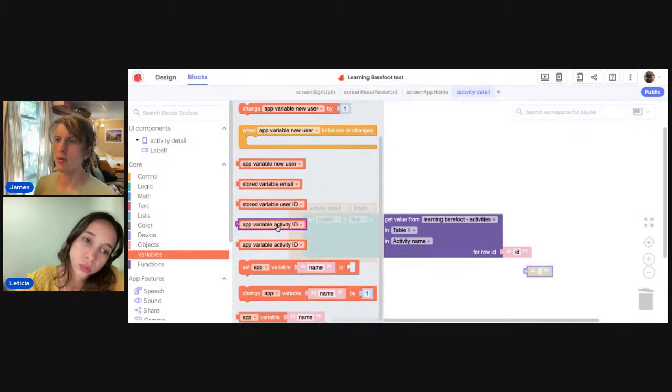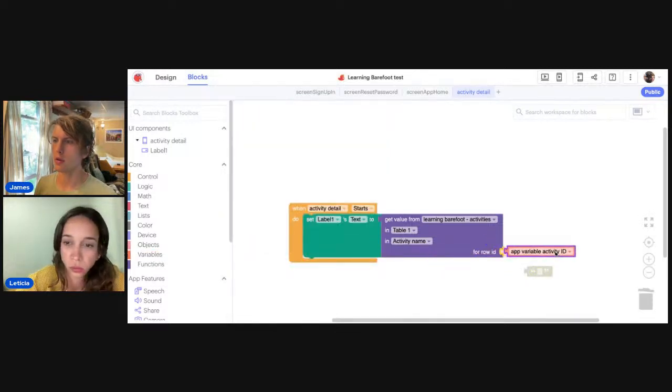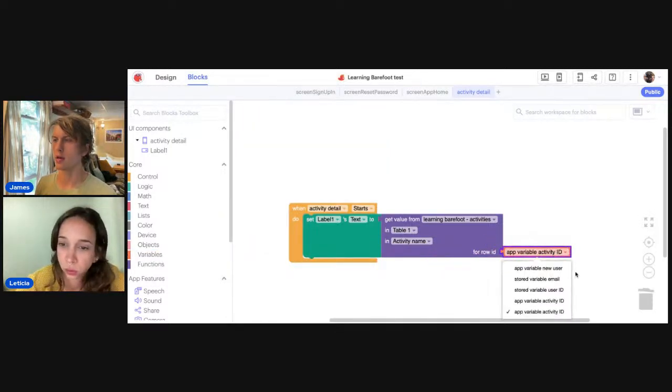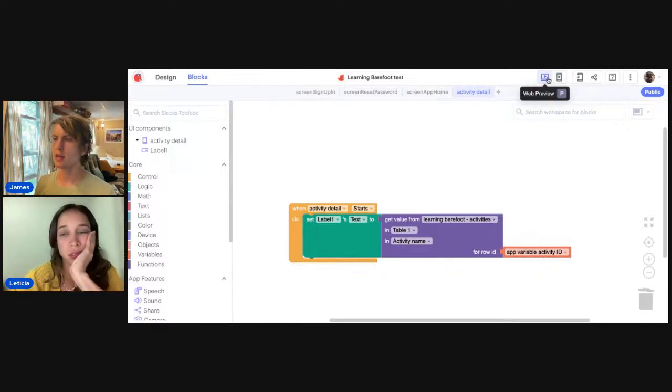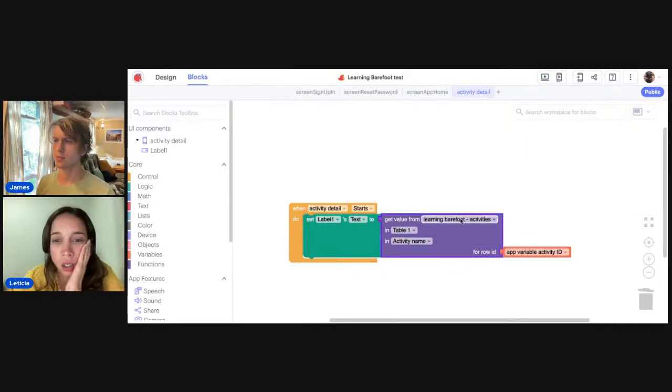See where it says app variable? Yeah, that one. Okay, that's it. Perfect. Is that the right one? Yeah, that looks good actually. Let's try it. I think here we need description, no? Sure, whichever one you want to show for this one. Let's try it.